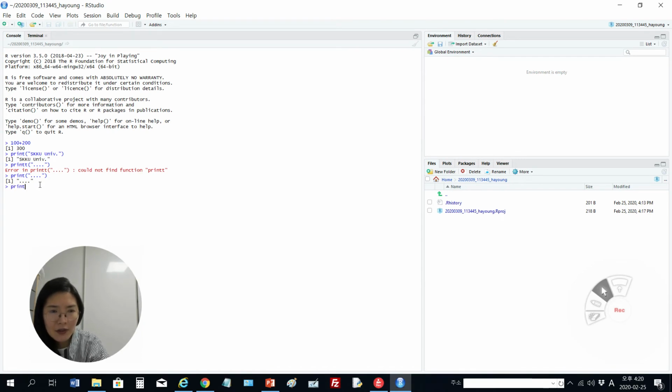For example, if we omit the double quote and then just type your word, another error occurs: unexpected symbol, right? So, oh, when I checked the error, I omitted the double quote like that. So I can modify